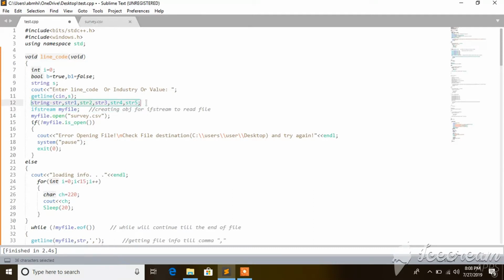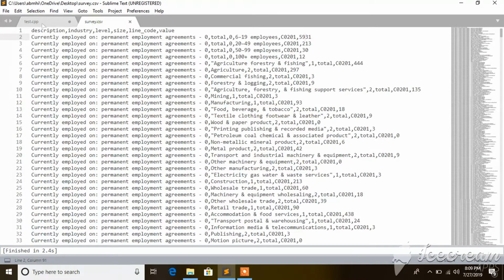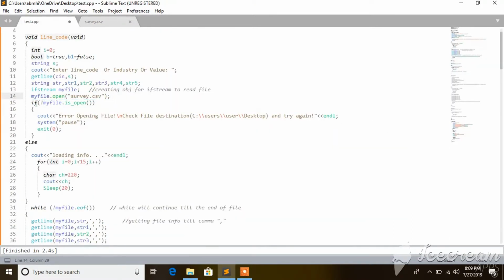এটা হচ্ছে লাইন কোড অথবা ভ্যালু অর ইন্ডাস্ট্রি, যেটা ইউজার ইনপুট দিবে। আর এই পাঁচটা আমরা ফাইল থেকে নিয়ে নিব। সো এখানে মাই ফাইল, আমি ifstream ইউজ করছি ফাইল রিড করার জন্য। এই স্ট্রিম ইউজ করছি। স্ট্রিমের একটা অবজেক্ট নিছি মাই ফাইল। সো মাই ফাইল ডট ওপেন সার্ভে ডট সিএসভি ফাইলটা যে আছে আমাদের, সেটা ওপেন করবে।